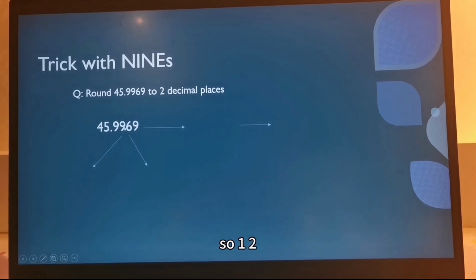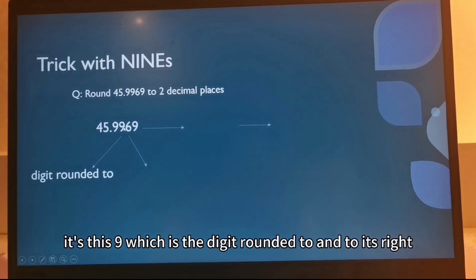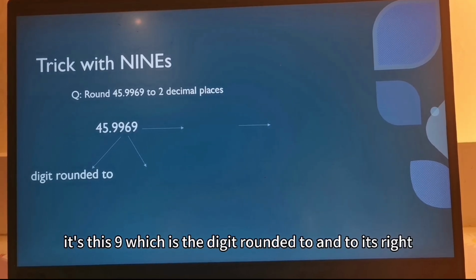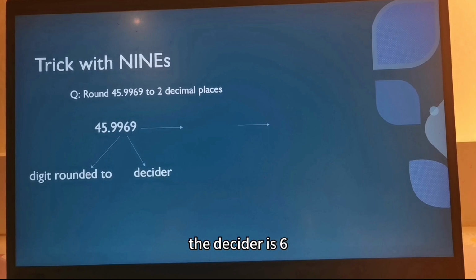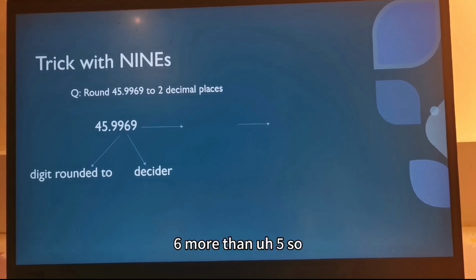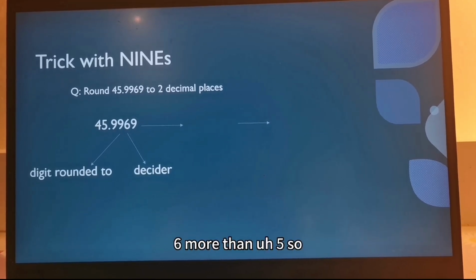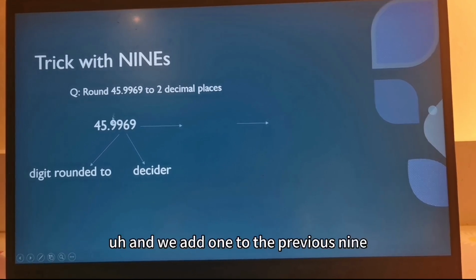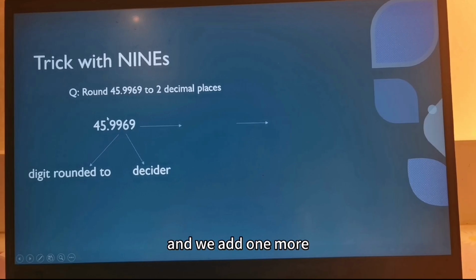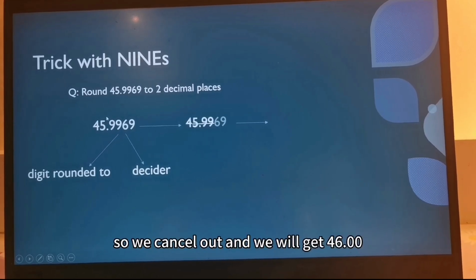So 1, 2. It's this 9, which is the digit rounded to. And to its right, the decider is 6. 6 is more than 5, so we add 1 to 9, and we add 1 to the previous 9, and we add 1 more. So it all cancels out, and we get